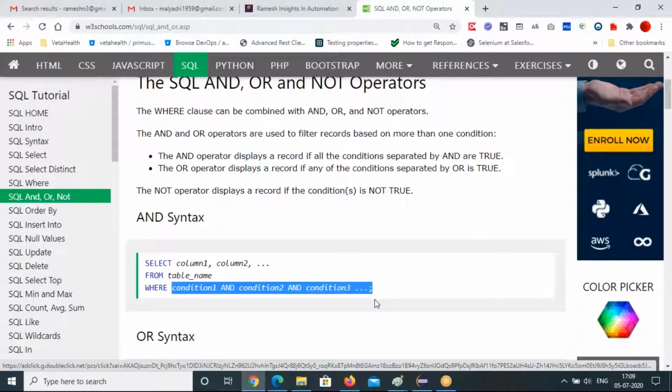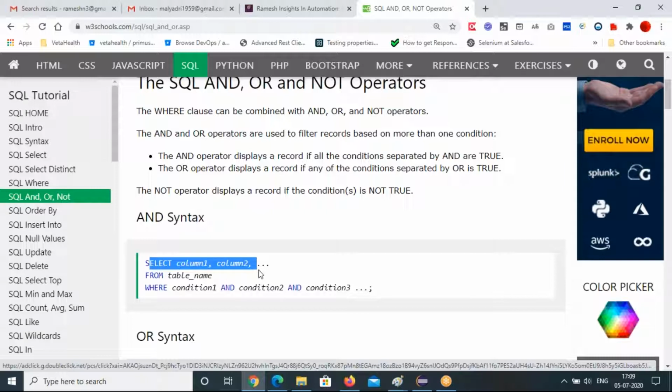So it will keep going from left to right. Based on the first two conditions' output, it will be taken with the third condition. If those two are true, you will get a result. If condition 1 and condition 2 are true, you will get a result, with the WHERE clause.